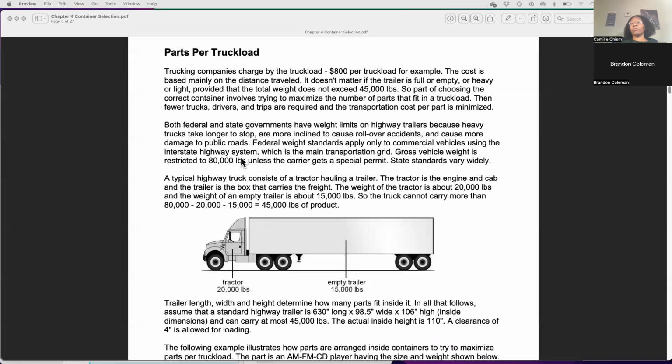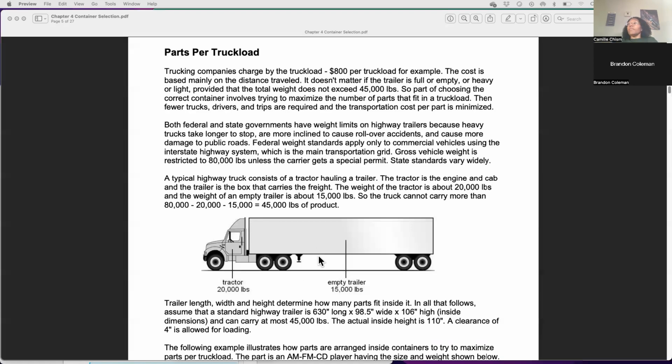you're looking at the tractor. So remember, the tractor is what contains the engine. It's going to contain the transmission. Sometimes drivers basically live in that, instead of having a hotel. So they might actually have an extra cabin where they can sleep back there, or they can cook or do basic things while they're on the road. So some drivers have chosen to do that versus staying in hotels, but that adds weight to that whole system